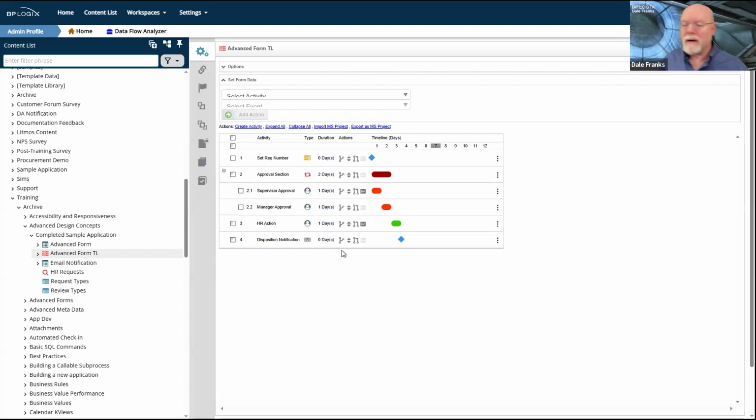I'm doing it for a design purpose because I want to have someone who looks at my process timeline understand explicitly what it is that I'm trying to accomplish at each step in my timeline. I want to make it as obvious as possible. Obviously, if there are needed when conditions or what have you, those show up here as well. So I've got a pretty good idea just looking at this, without even opening up any of the activities themselves, about what each one of these things does.